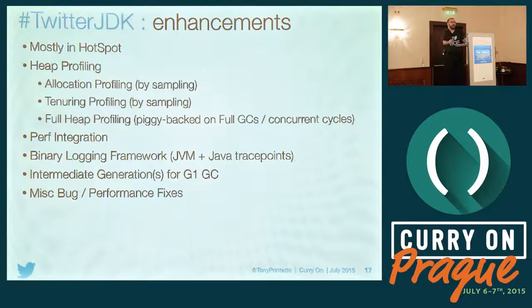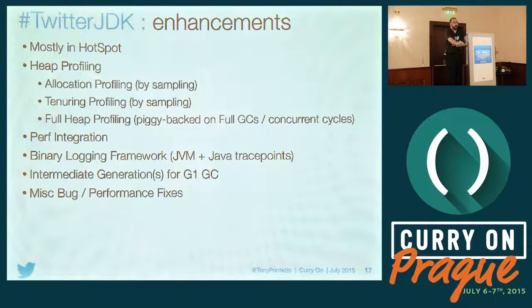So suddenly, a service is promoting 100 megabytes per 10 seconds. Why? It was promoting half a megabyte before, and by looking at the class histogram, you get an idea of what's going on. At least not fully, but it at least gives you a hint about what's going on.